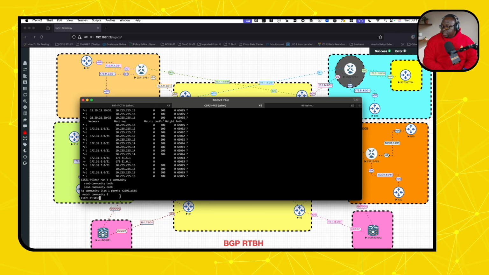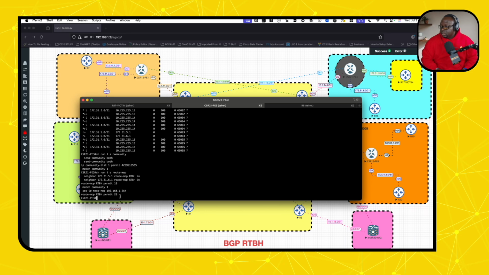The next thing we are going to do is set a route map that is going to match that community value and then set the next hop, which is going to be a null route. So let's look at our route map here. I believe I called it RTBH. And yes, I did. So here is RTBH. It's going to match that community value of 1, and it's going to set it to